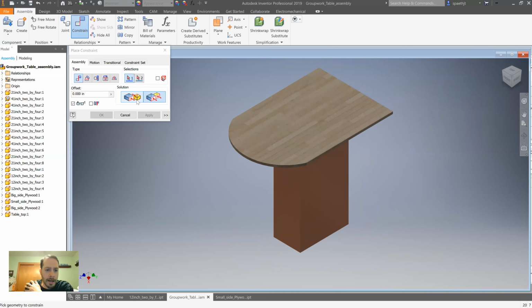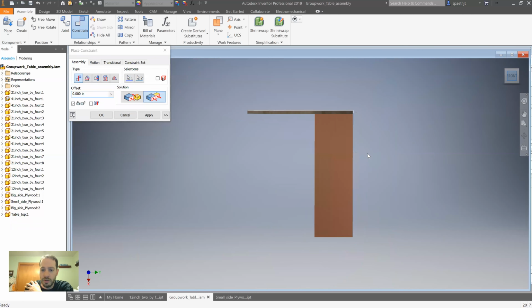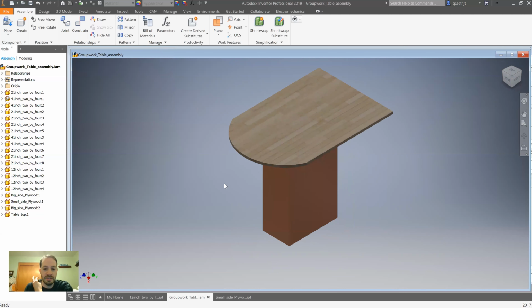And now I'm going to do the exact same thing. We're going to go flush here with this side. And if I look over there, this is 12 inches. This is 36 inches. So I'm going to make this 12 on each side. So again, negative 12, apply. And here it is. Actually, it's not exactly 12 inches. It's 13. It's 13 wide, so I should have done that last one instead of by 12 inches, I should have done it by, I believe,